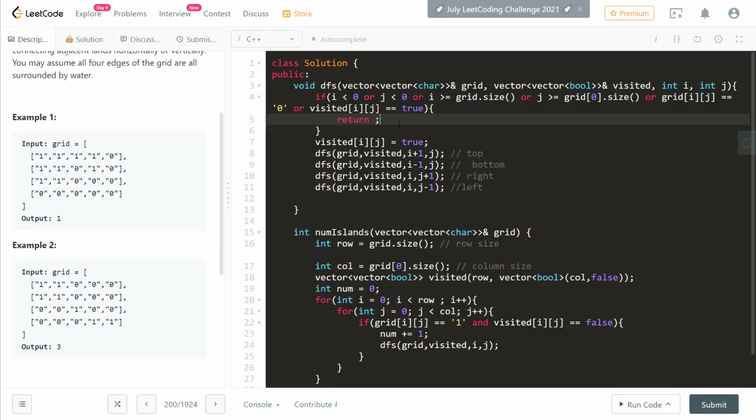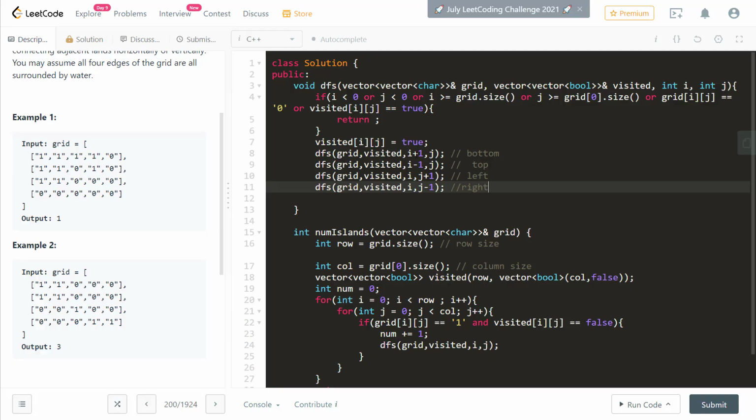If it is not the case, then we come here. Whenever we see a 1, here it is at 0, 0, we mark that node as true, and then we recursively make DFS calls to all other adjacent nodes: bottom, top, left, right.